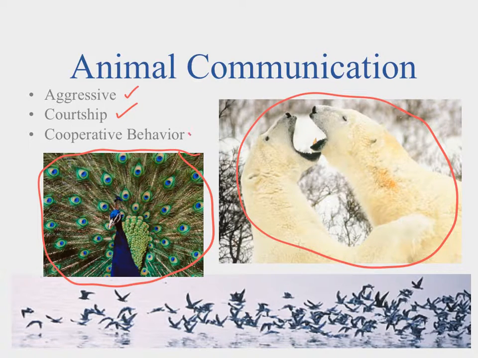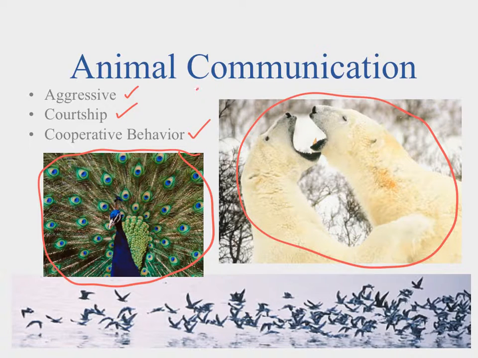And then the third type is cooperative behavior, where the individual works towards the benefit of the goal, not for the individual itself. One of the really good examples of that would be the flocking of birds or the schooling of fish, where it helps get through the medium. When they fly, it breaks up the air a little bit, so it's easier for the rest of the birds. Or when they're swimming, it breaks through the water a little bit and creates an easier way for them to go, but also it's a good deterrence against predation.